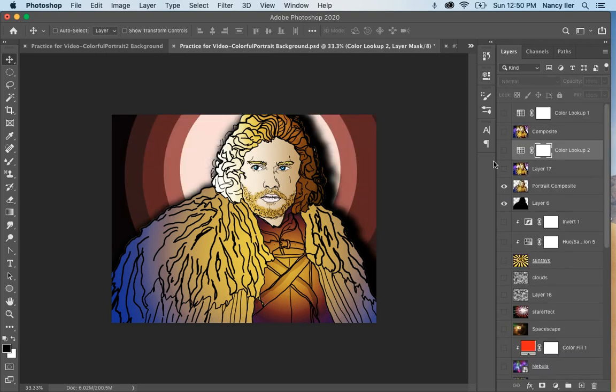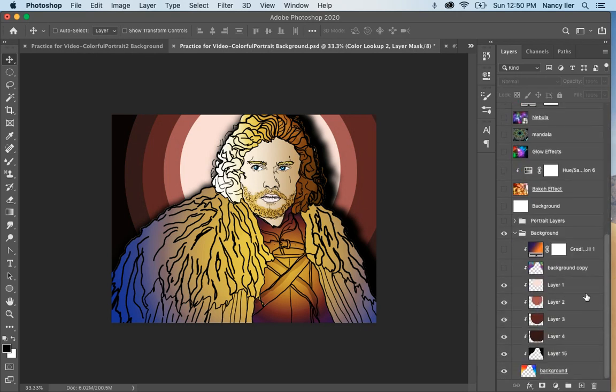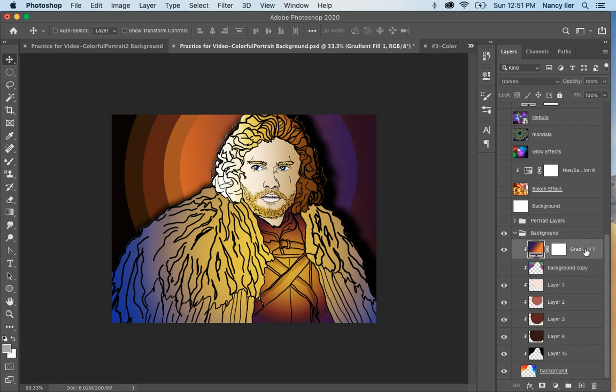And then let me go back over here to this one. I was playing around with this one earlier, and I really do like this look, but then I thought, what if I duplicated the background and brought it up here and brought some color into it, and then I went over here to my blend mode and made it darken? What if I just put a gradient on top, and my gradient is also set to darken? If I turn that off, it looks like that. If I turn it on, it looks like that. You could play around. You could do a ton of things with this. So I just wanted to show you